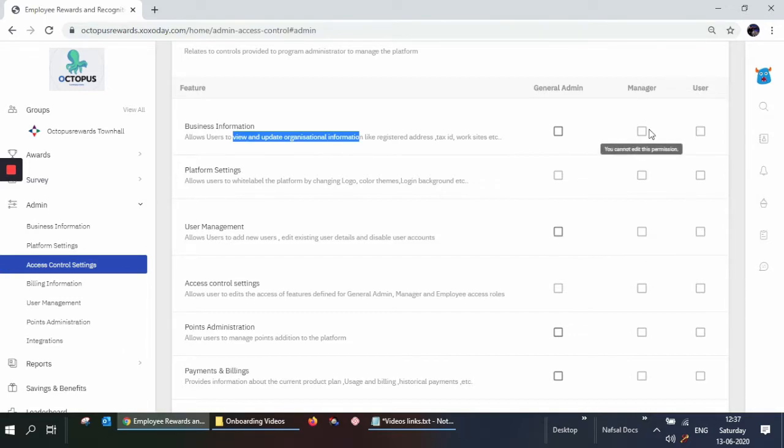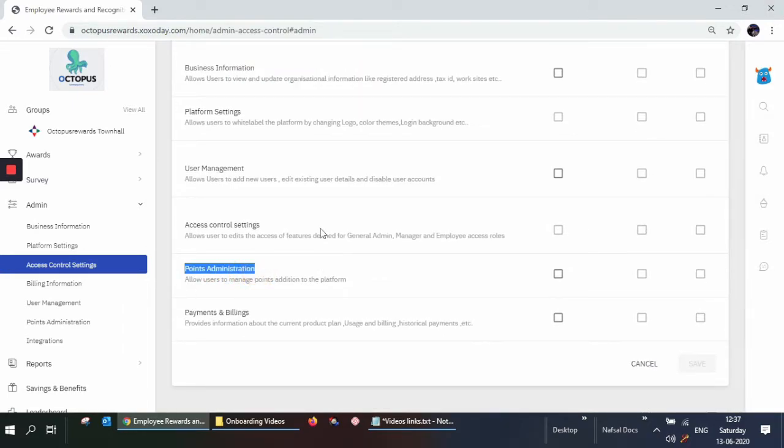You cannot delegate these admin-related activities to managers or users, because all of these are typically done by the HR admins of your organization. They are not done by a manager or user who sets up the platform, enters the platform settings, or adds and deletes users.